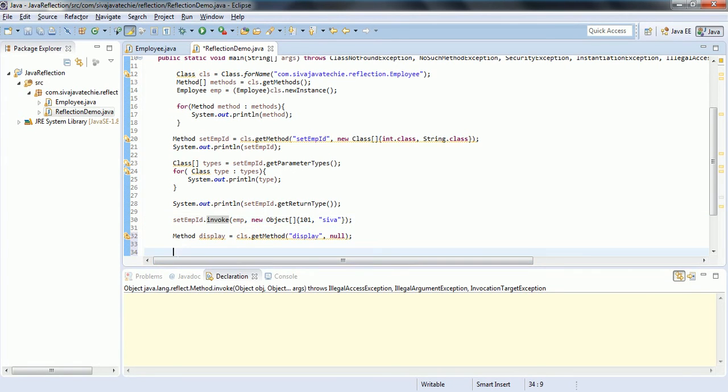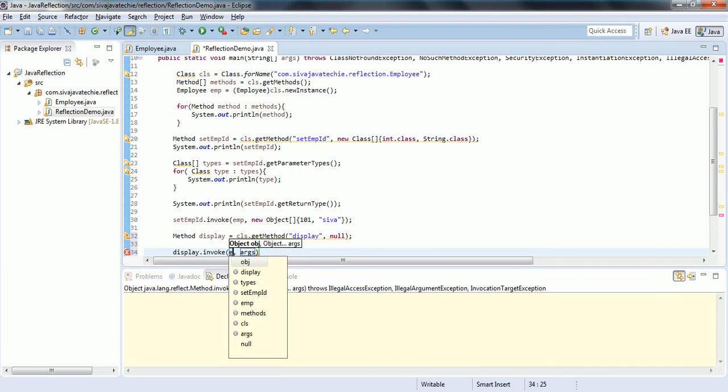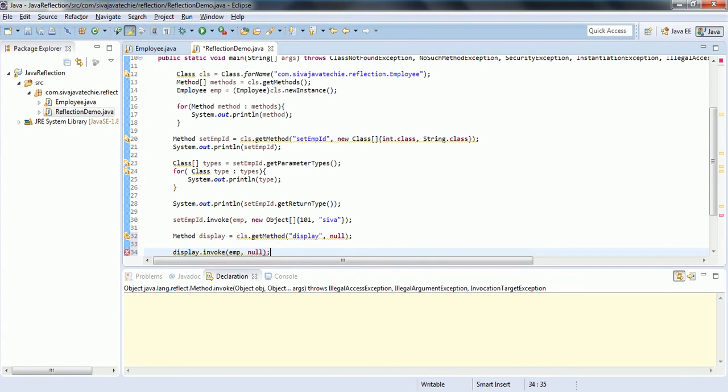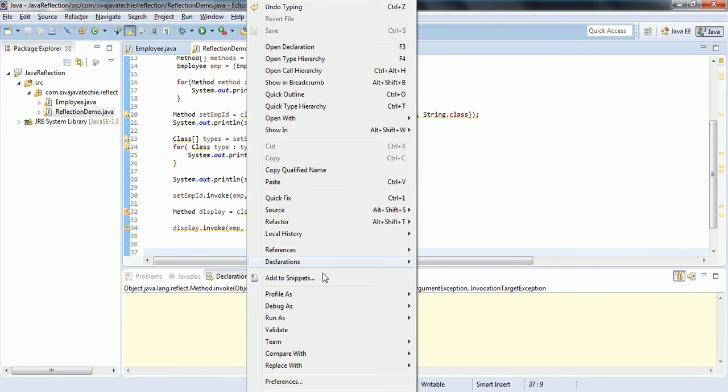Now I am going to invoke the display method to see what the value is, because by using the above method we are setting the employee ID and employee name. Now I want to print these values. In order to print them, I have written the display method. So now I am going to invoke this method, display dot invoke. Then it is the same employee, and it does not have any parameter, so just pass null. Okay, now if I run this program, you can see the output as,